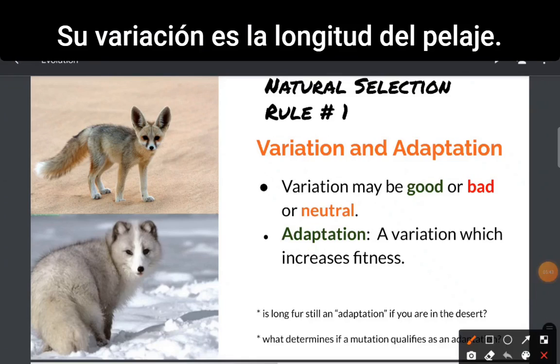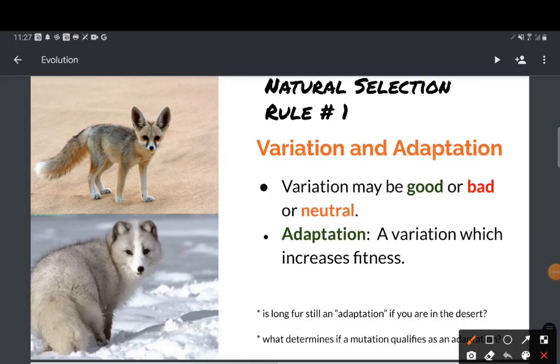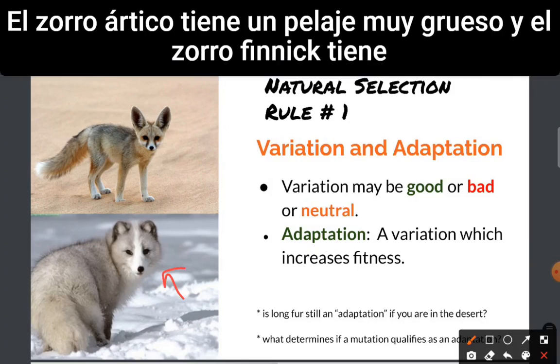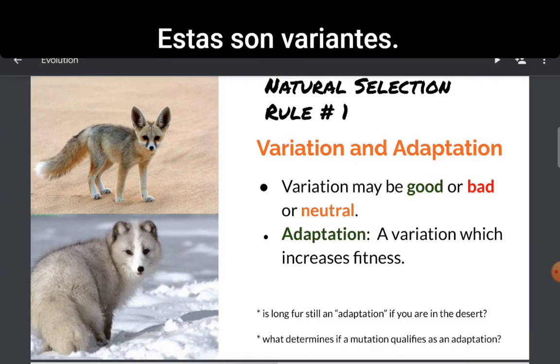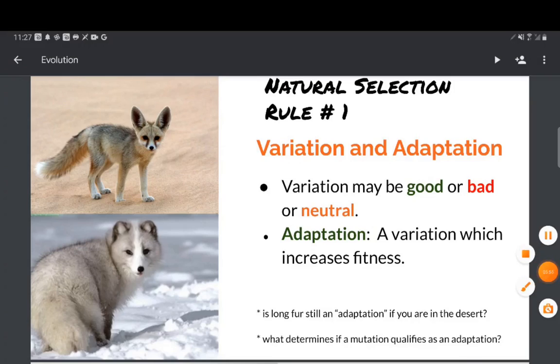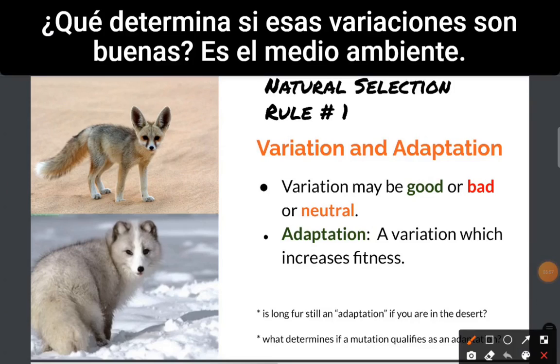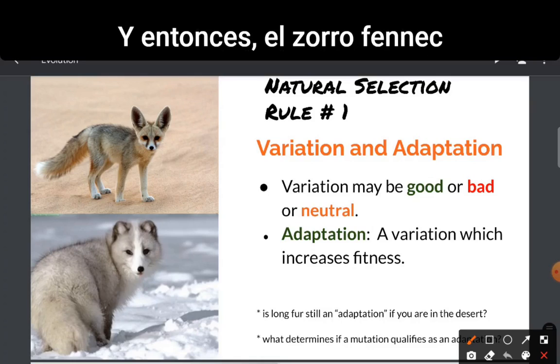Their variation is fur length. The Arctic fox has very thick fur, and the fennec fox has very short fur. These are variants. What determines if those variations are good? It is the environment. And so the fennec fox